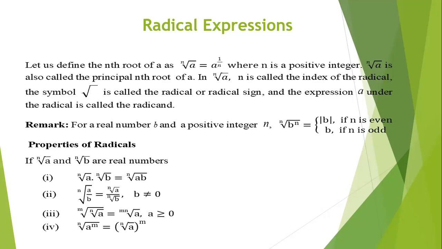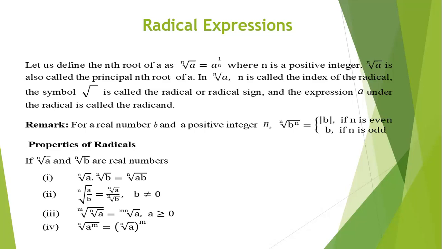As we all know, if I write the square root of a number, it's just the same thing as saying that number raised to power 1/2. If I write the cube root of a number, it is just saying that number raised to power 1/3. In general, if I have the nth root of a number, let's say a, it can also be written as a raised to power 1/n, where n is a positive integer. N is a positive integer, that is, it can be 1, 2, 3, 4, and so on. Now, the number a is what is called the principal,